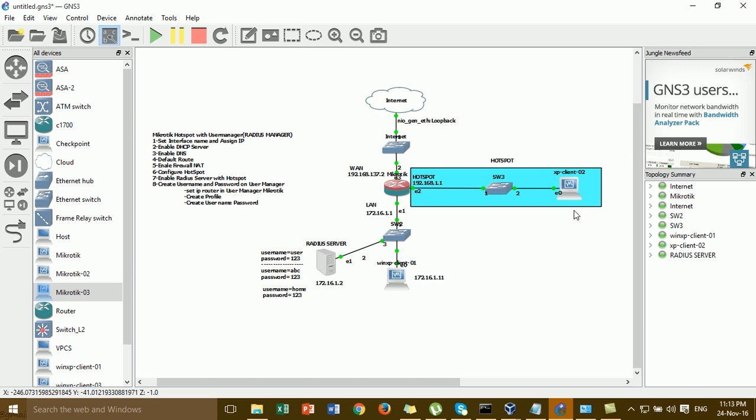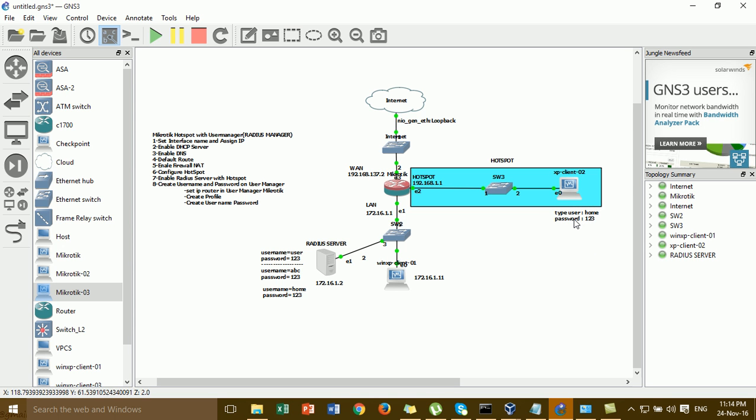Then I use the user home on this one. Type user home, password 123. And then I go to the Windows HP client tool and type the username home